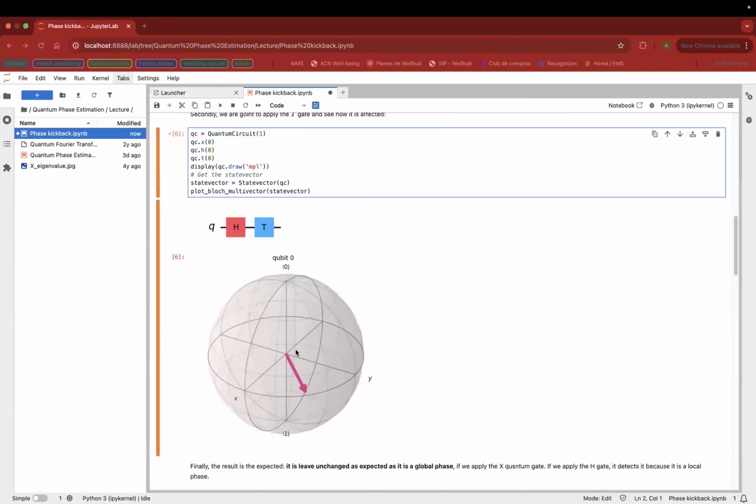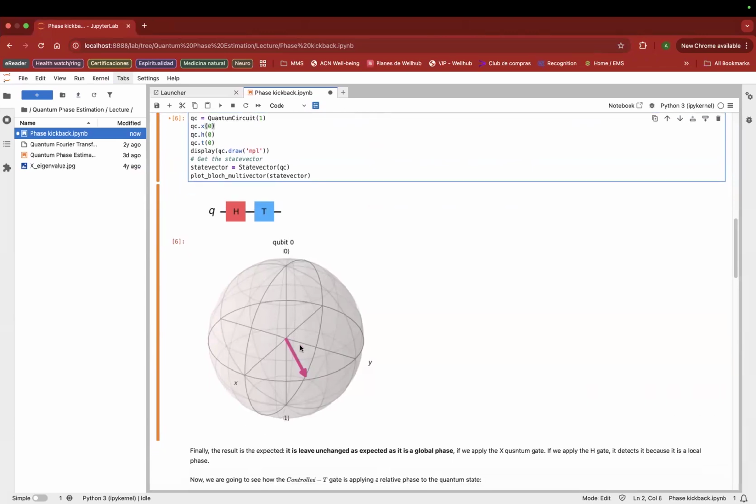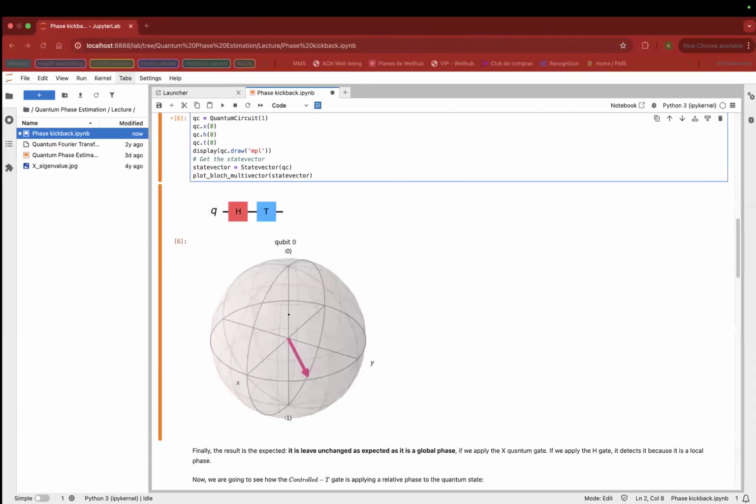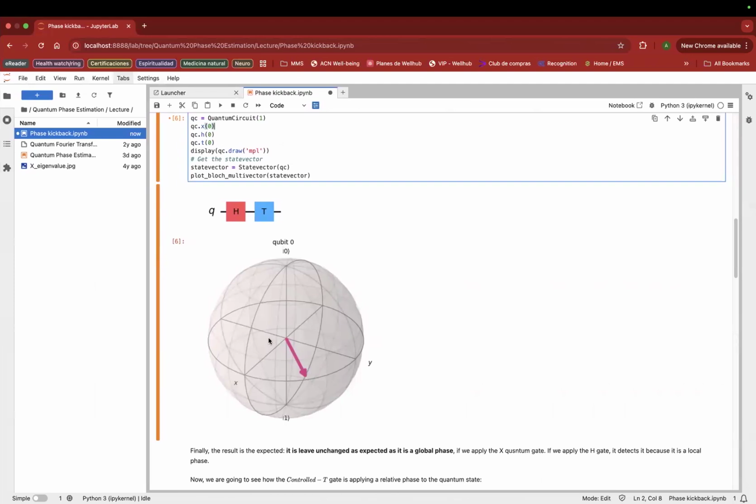The question here is, even if I put X at the beginning of this minus, is this picture going to change or not? Is the arrow going to change place, is this minus going to be expressed here to change this plot, or is it going to be the same plot?